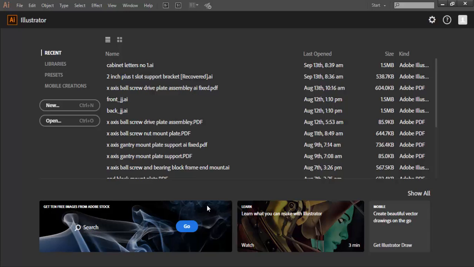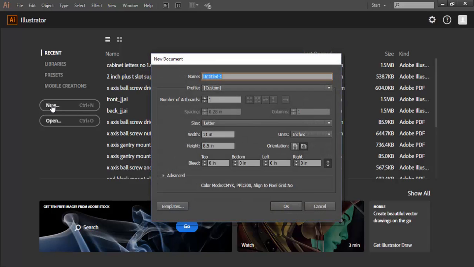Now, what's going to happen is we need to do a design that's going to go on the front or back of the tissue box cover that we are designing. I'm going to use Adobe Illustrator, as you see here. Now, I'm going to go ahead and create a new file so I can start the process of using my interlocking initial logo. So I'm going to call this one Tissue Box